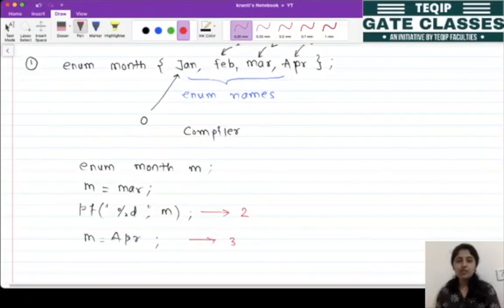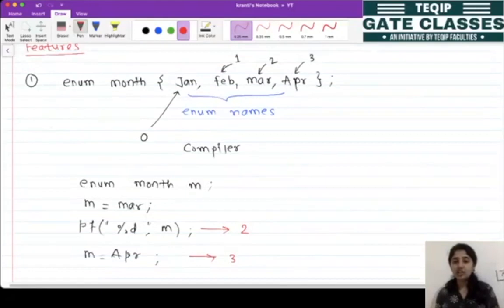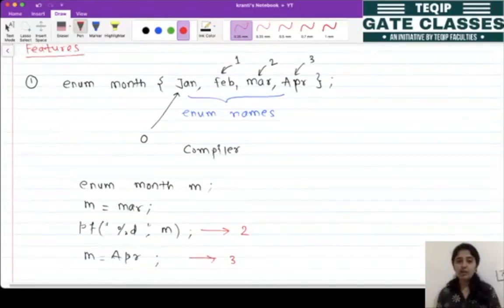Okay, so if we are not assigning any values explicitly to these enum names, the compiler by default assigns some values. Okay, so this is how we can check the values.